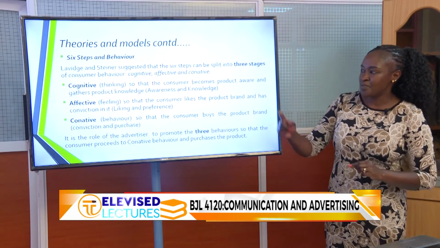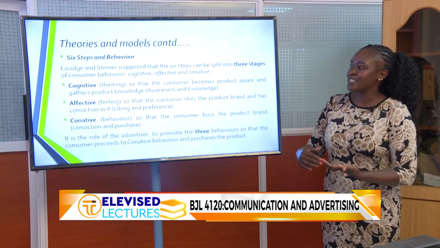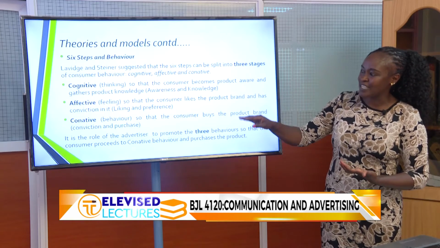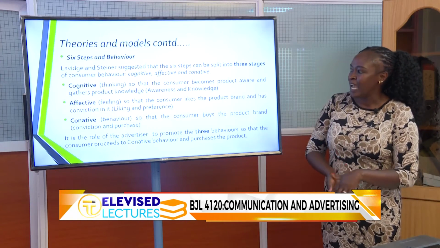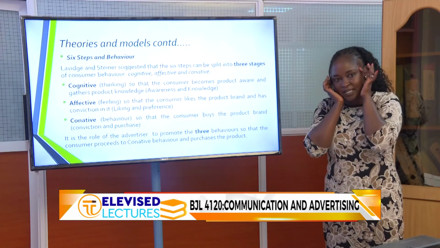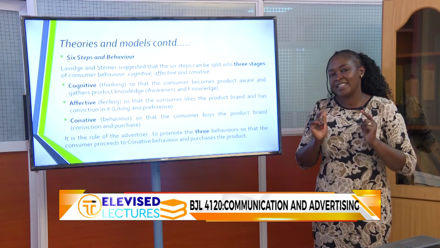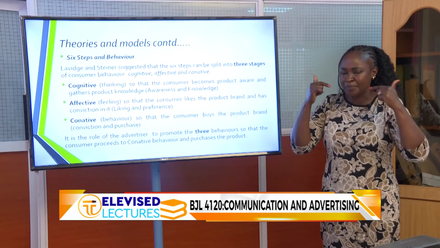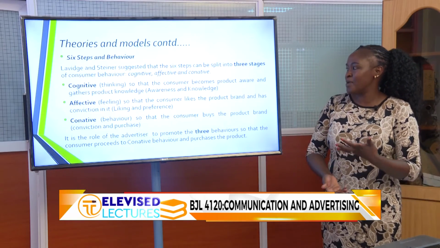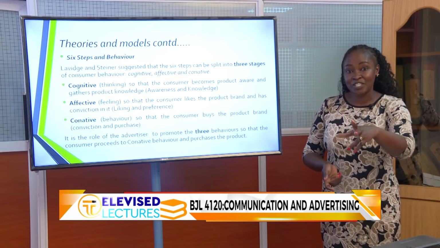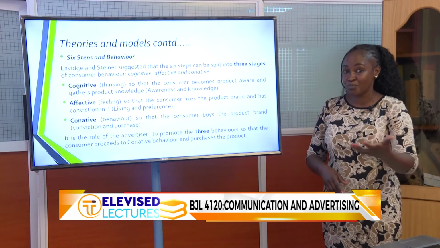So in this, remember we highlighted the steps into buying. This now hierarchy of needs is now what is going to take us through the cognitive, the affective, and cognitive, or the behavior. And I'll just highlight them briefly. Cognitive is about thinking. It's about the mind. What is in my mind? If I see something and I'm convinced that it is good, then I have this knowledge in my mind about that product. Then I have to buy that product. So the consumer becomes product aware and gathers knowledge, because there's nothing we'll purchase from the supermarket simply because it's been advertised. We need to know more about